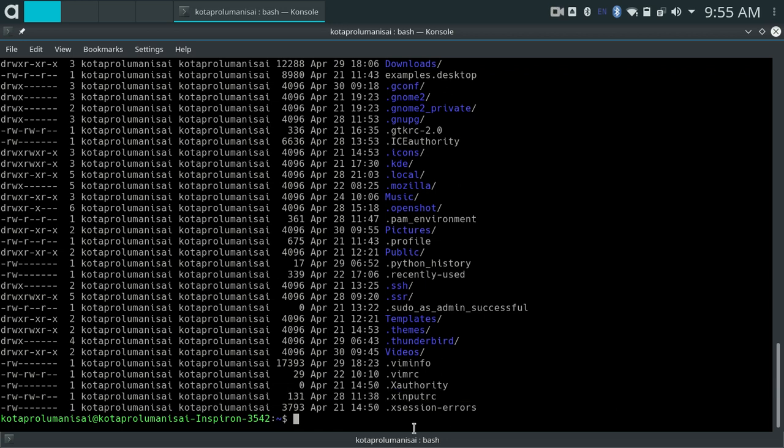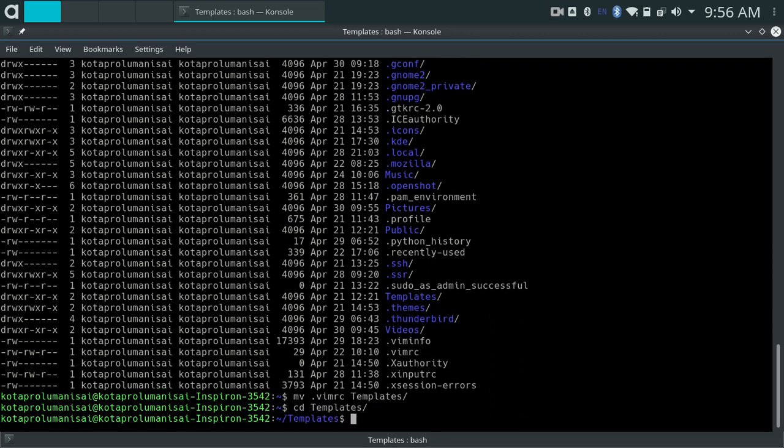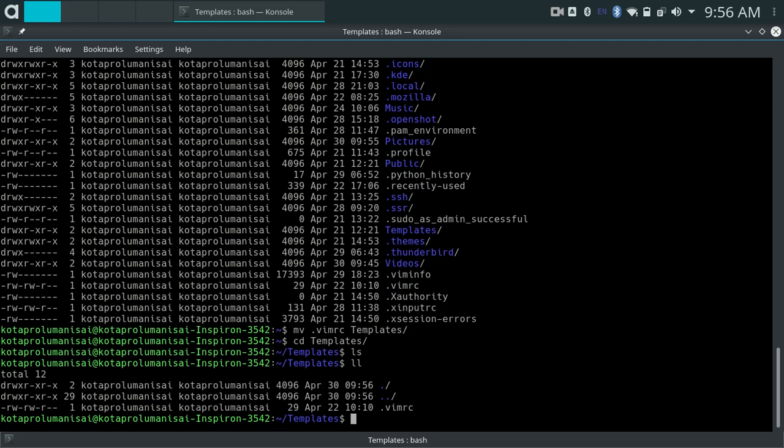To move the file, we need to type mv, the file name, and the location where you need to move that file to. We are moving it to Templates. Now the file has been moved. If we go to Templates and list out the contents, see, we have .vimrc.